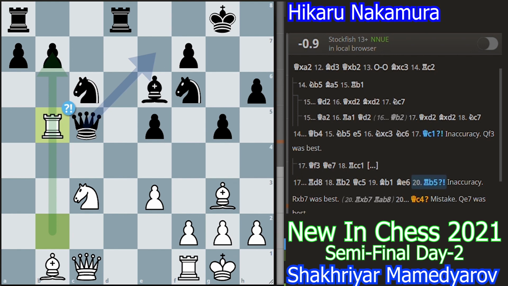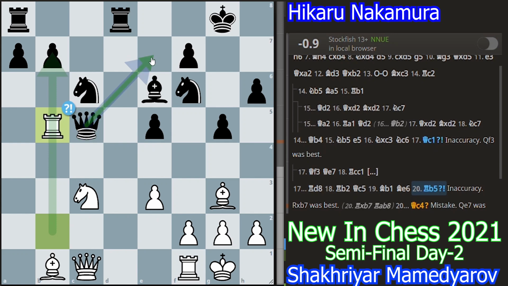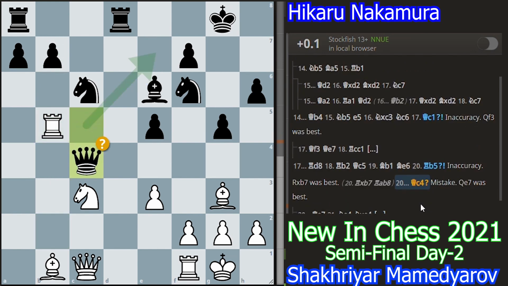Now here black played queen to c4. Instead of playing queen c4, queen e7 is best to protect the pawn, since black's pieces are also active and black also has the material advantage. Now queen c4 is a big mistake because it allows white to not only take this b7 pawn but also to activate